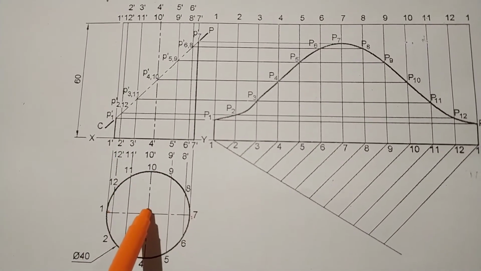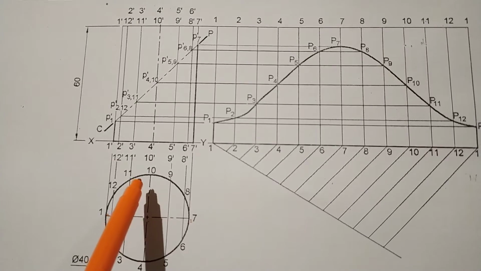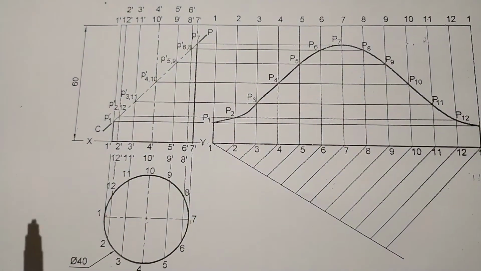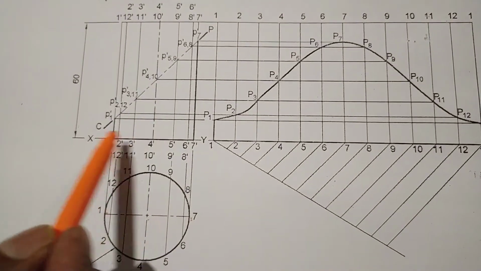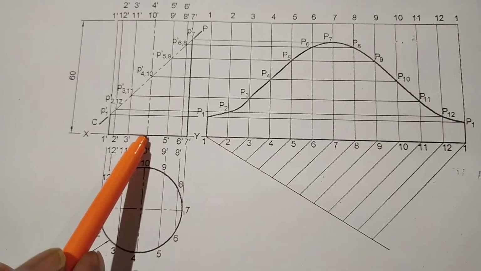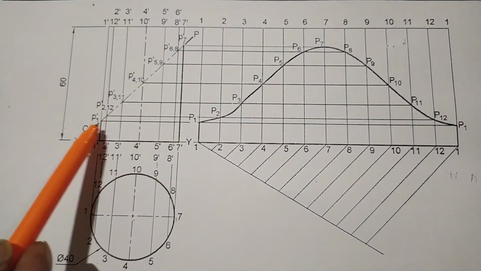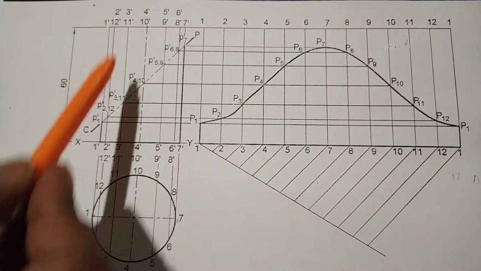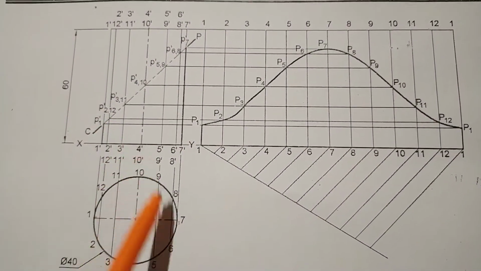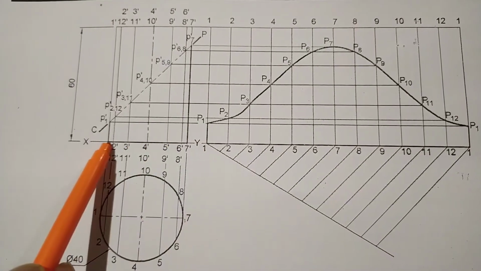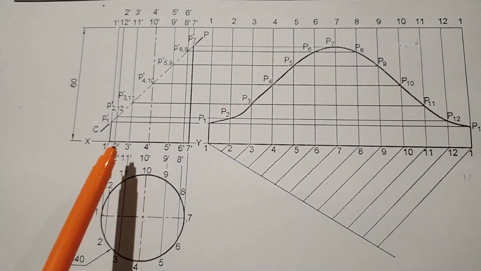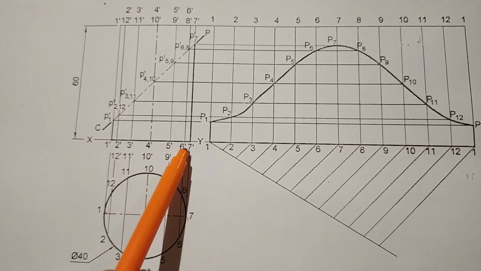Now from OP, you have to draw a vertical center line, which is the axis OP. Now at a distance of 20 mm, you have to draw the XY line. Next, for the center line, what is the height? That is 60 mm. Take 60 mm and project these points from the XY line. Again project at the height. This is the bottom face of the cylinder.